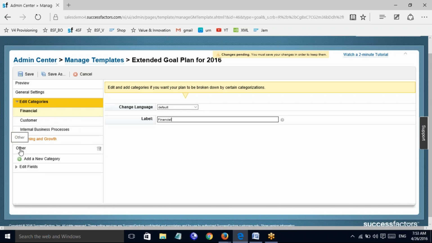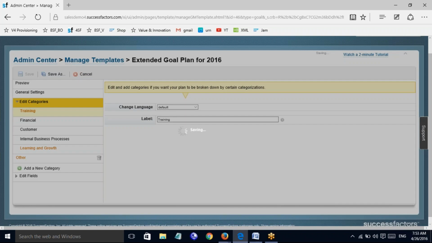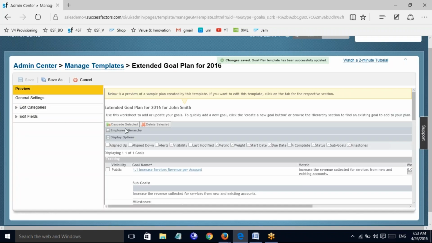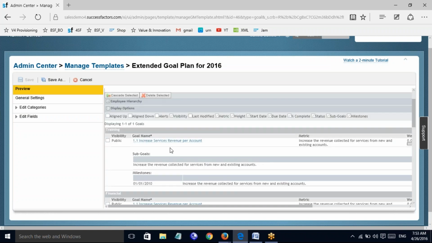Next, if you want to add any other new category, you can add and place any category name as you like. For example, I will add a category as training. And you can see a new category has been added. Learning is also there, and so on. You can also drag and drop here and save this. And now you see the training has been moved. It's very simple. It is not like your employee central.